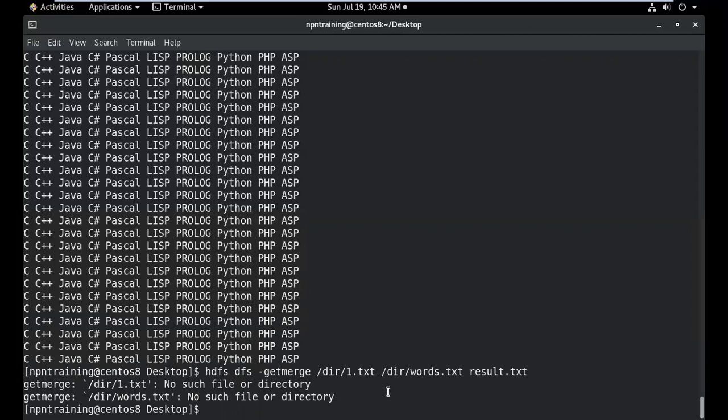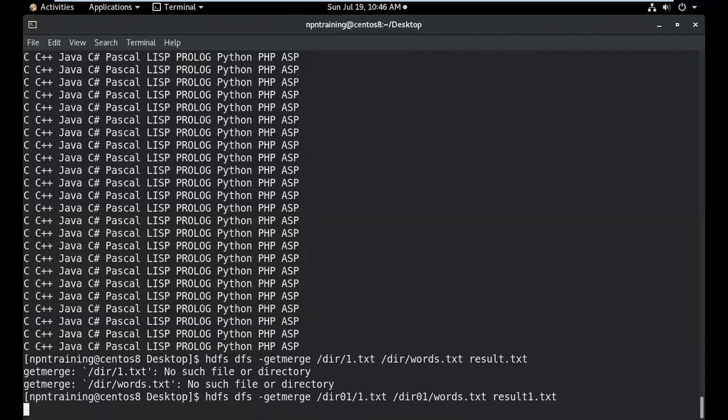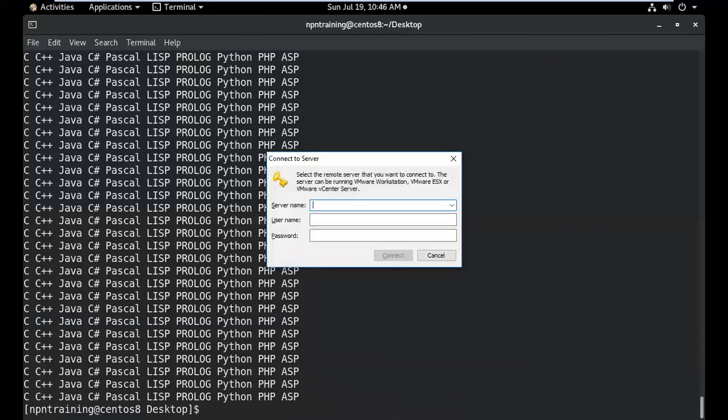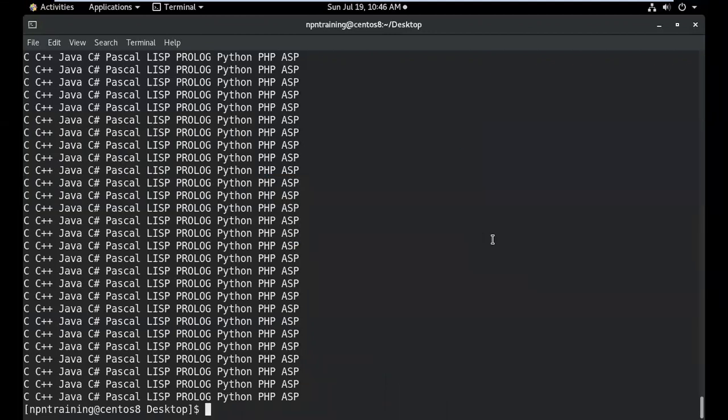No such file. Sorry, it is not dir, it is dir01. I'll just give a different file name. Yeah, it went through, Santosh. I think you can also give a pattern, Santosh. You can try that approach. You understood the pattern, right? So you can also give a kind of pattern, for example, the pattern all starting from 1. That way you can give, but try it out once, Santosh.